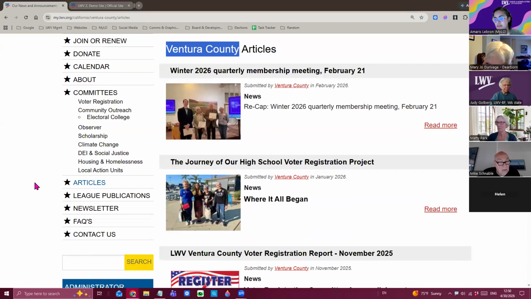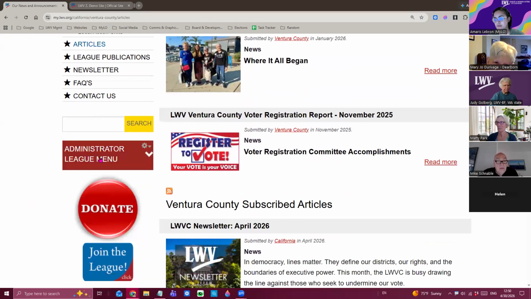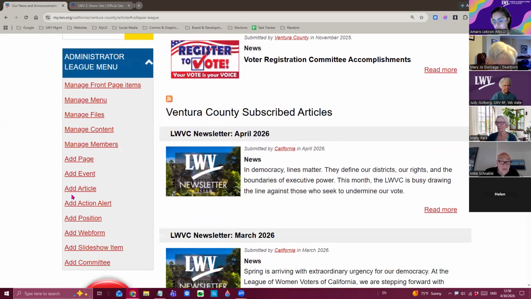I don't know if anybody has an example. Let me just show what the option is. I don't think I have any examples set up, but in case anybody else hasn't seen, when you add an article, and Maddie, I won't actually save any